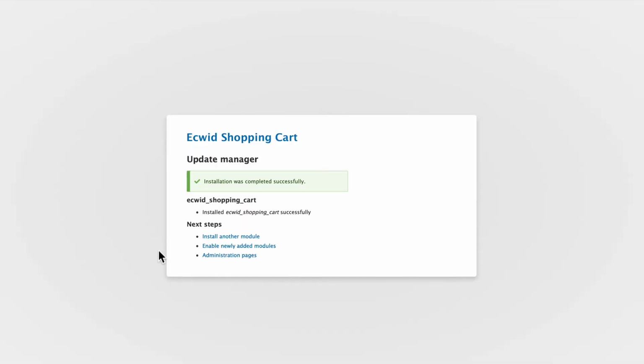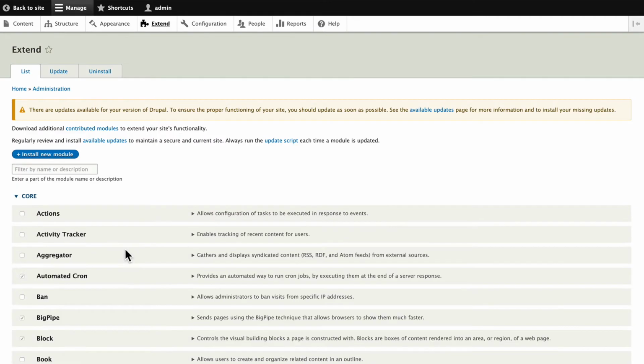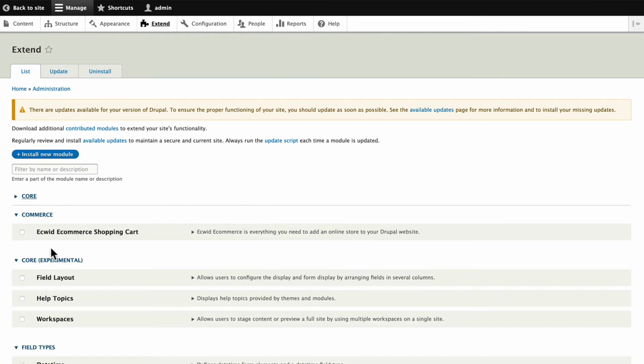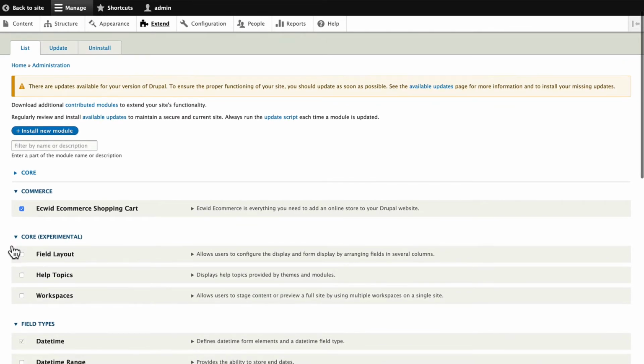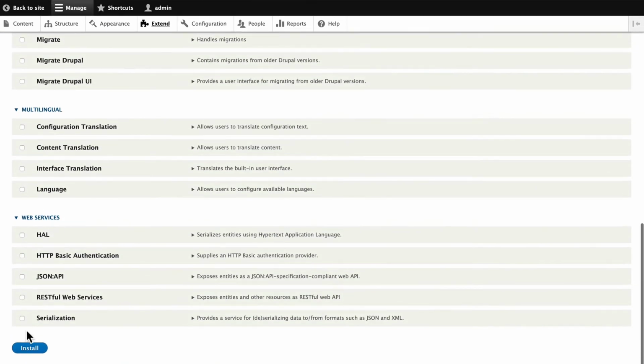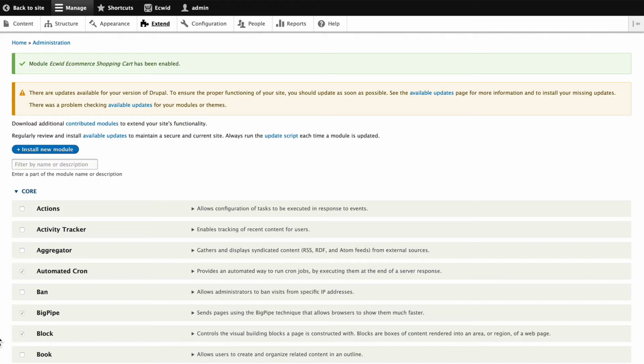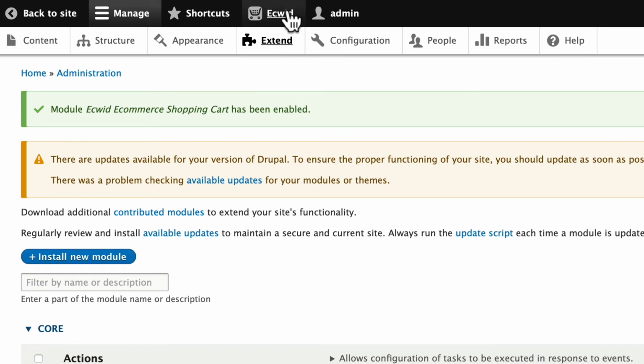You probably saw I'm working on just a brand new vanilla Drupal website. If I collapse core, you'll see a new section called Commerce. Go ahead and put a check mark in the Ecwid E-commerce Shopping cart module and click Install. Well, it's that simple. When you're done, there's a new menu option up here in the black menu bar called